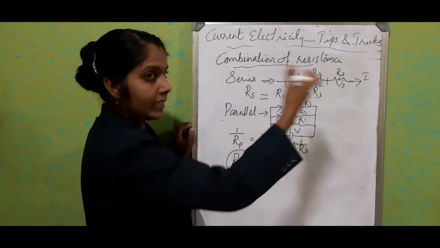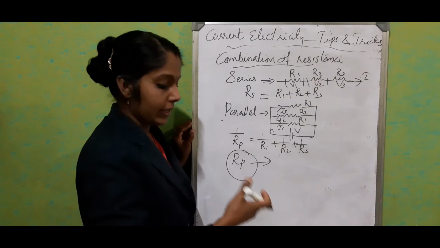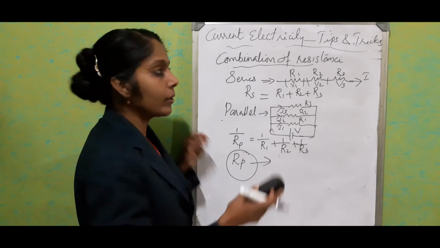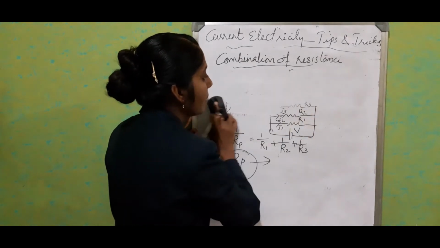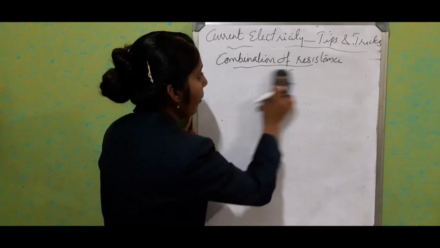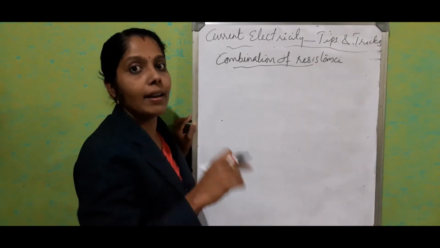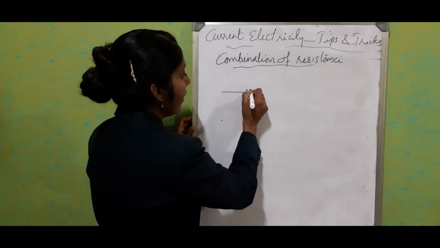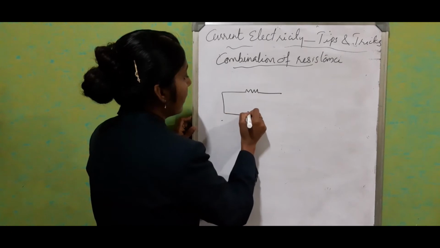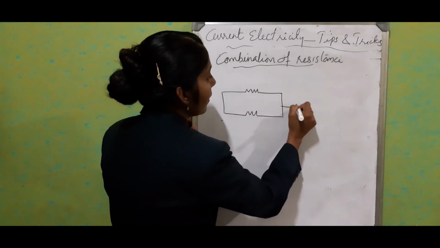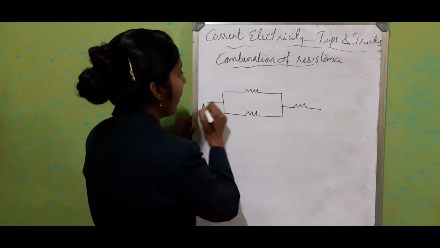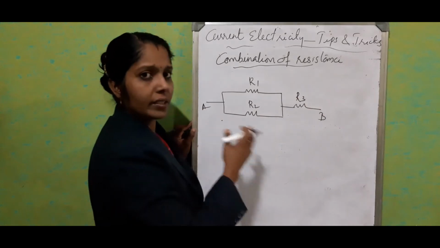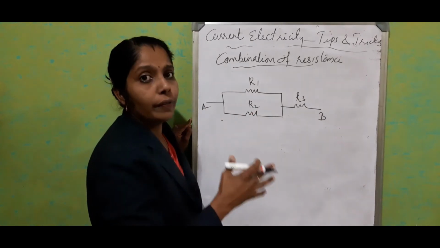So these are the series combination and parallel combination separately. Now we will see the combined form. How can we solve combined resistances? If you get a combined form, first try to solve the parallel connection, depending upon the circuit. Just see, this is the way the connection comes. This is A and B, R1, R2, R3. Just consider this is the circuit you got for solving.